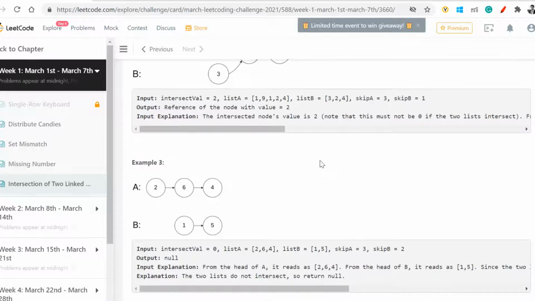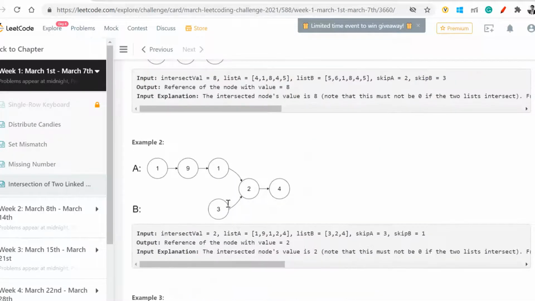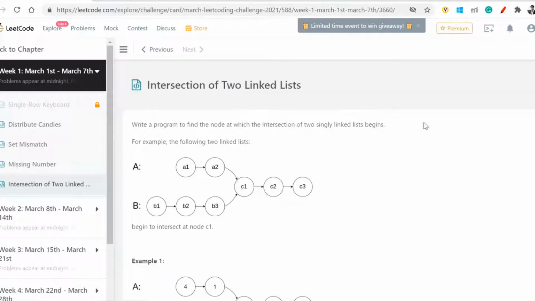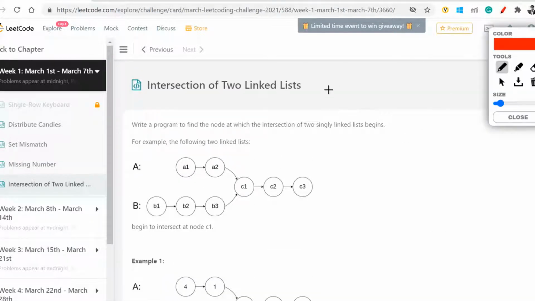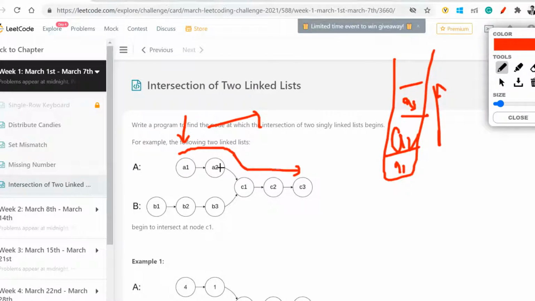There are multiple ways to approach this problem. First, let me try a collection approach, and then I'll work upon the O(1) space solution. Now, when I say collection, you can take a dictionary, or a hash map, or a list, a normal collection. What we are going to do is iterate through this once. We will take each node and start inserting into the collection. So I have A1, A2, A3, and so on, in the linked list.